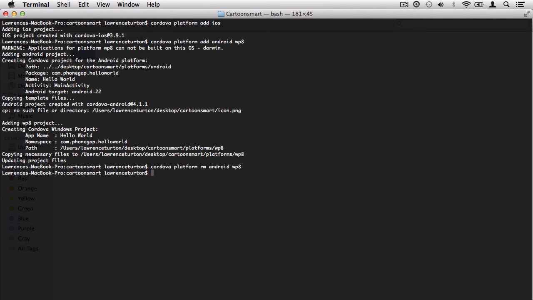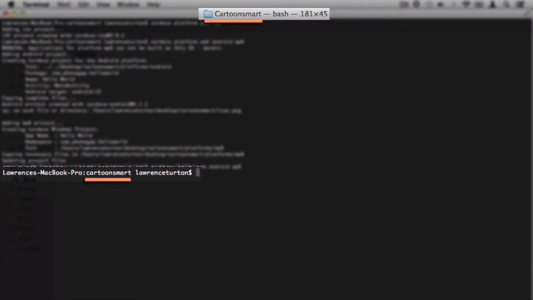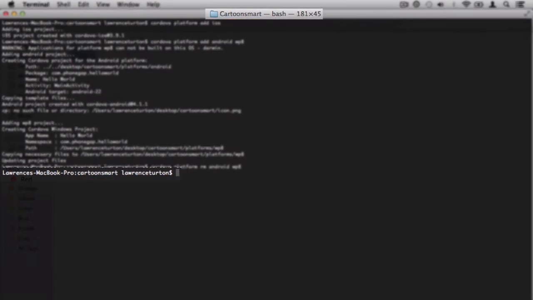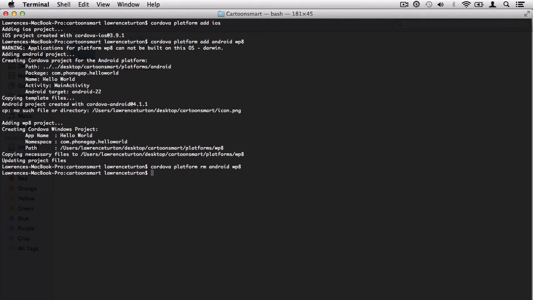So now we're ready to test our app on the iOS simulator. So again, my terminal is targeting my app's root directory. It is always important, and if you ever get an error saying such and such directory is not a PhoneGap or Cordova project, then you know your terminal isn't focused on the right directory. So again, it's very important that we target the app's root directory, and then I can type in